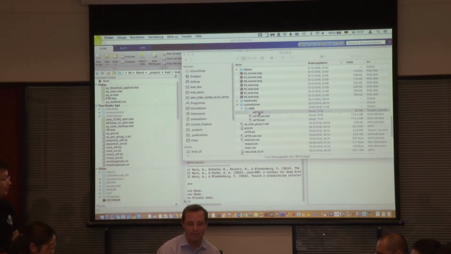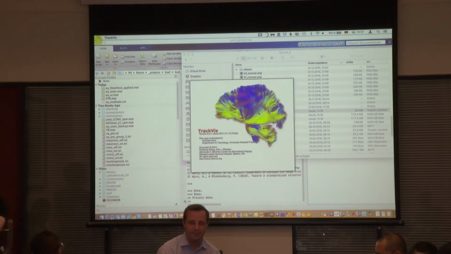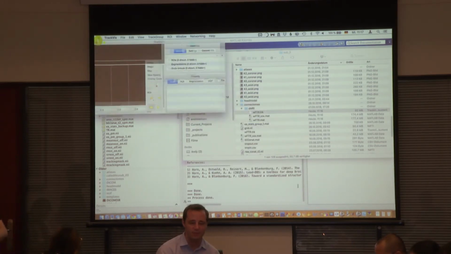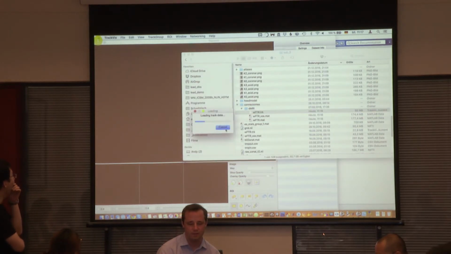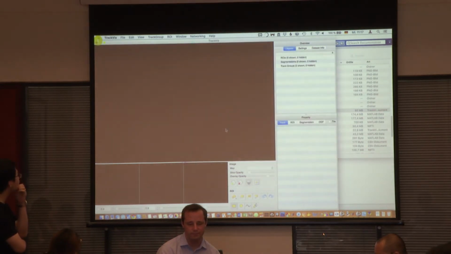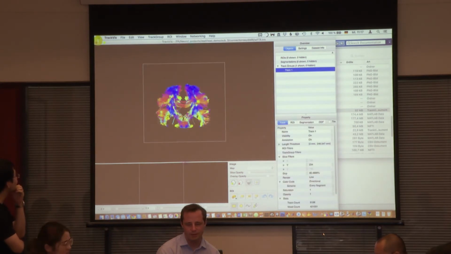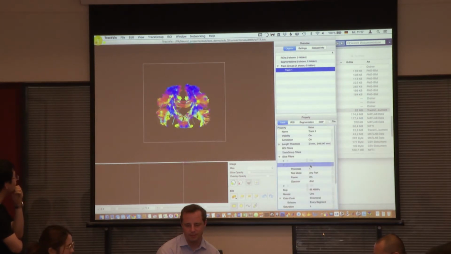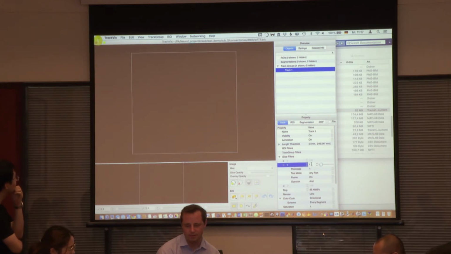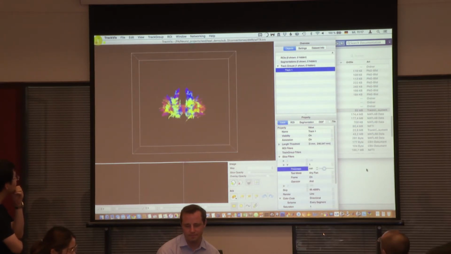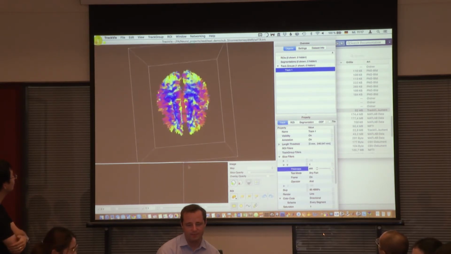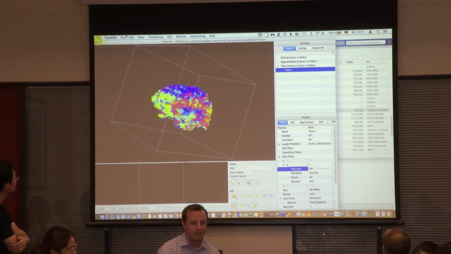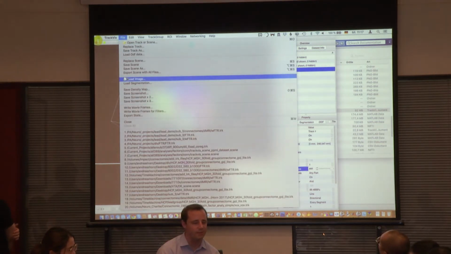And we can visualize that a bit more easily in TrackWiz. So it's the same data, but just mapped to MRI space. Say we want to show everything. Now the orientation is correct and everything. We still have this gap, of course, but if we say open, load image, and take